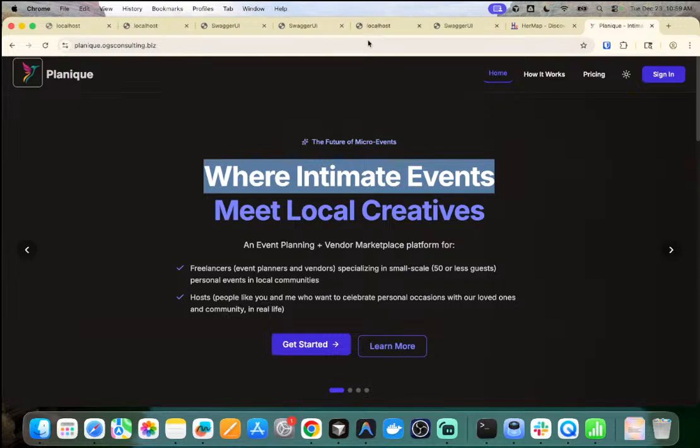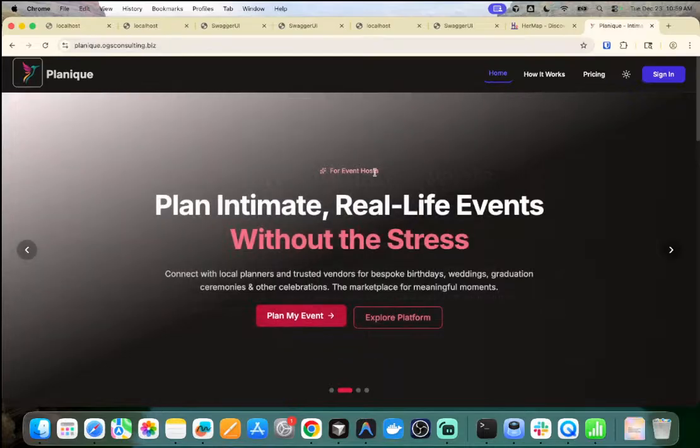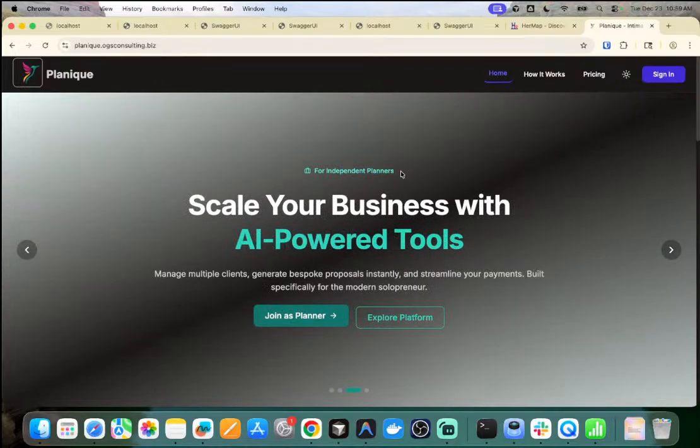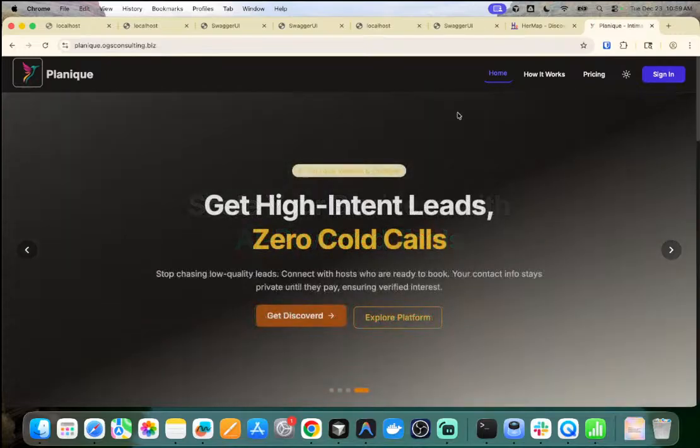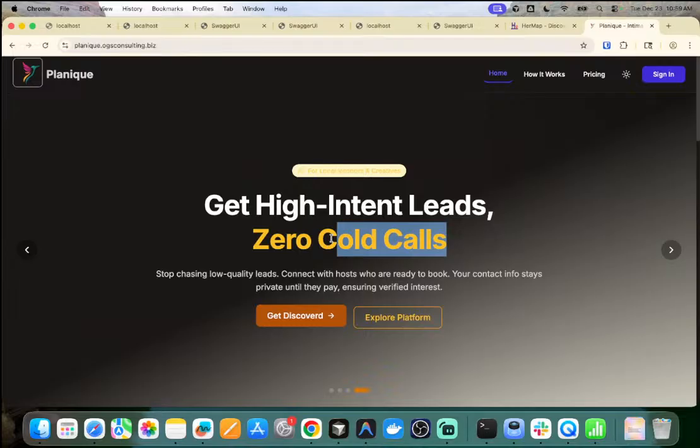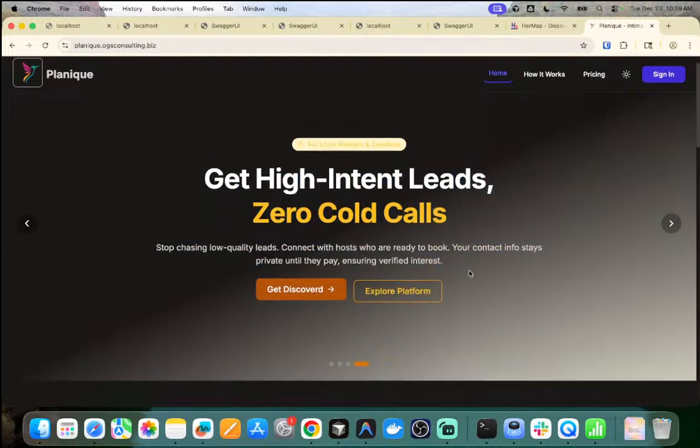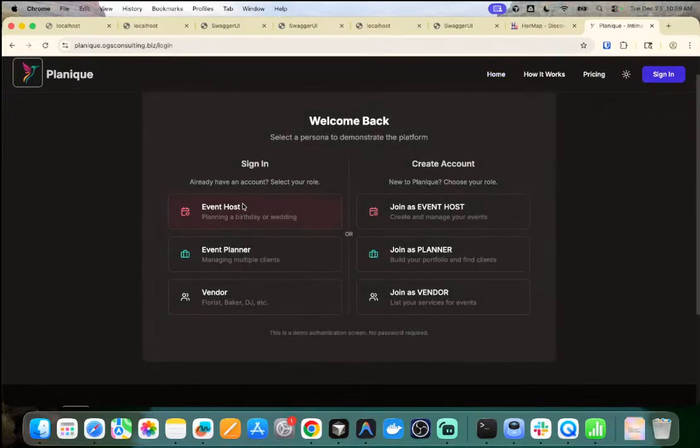This platform brings three different types of people together: the hosts, event hosts, and the color is rose 600. Then for planners, event planners, this is the teal color. And for the freelance vendors and creatives, it's an amber color. I call it persona based color. So if a user is logging in, let's say, the colors are a little messed up,